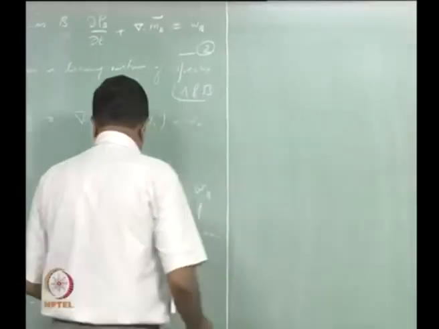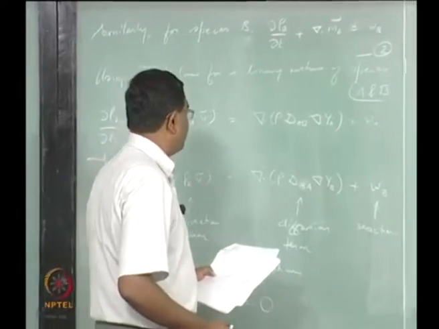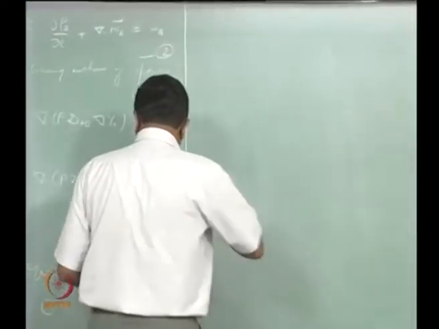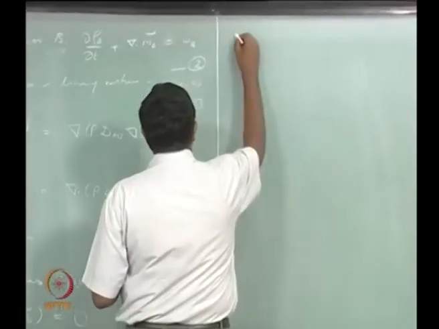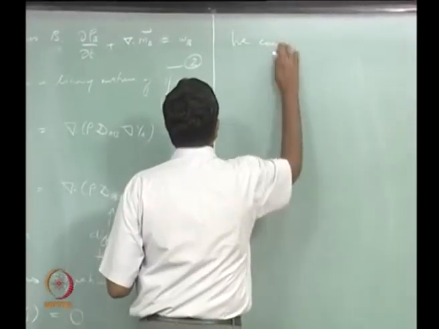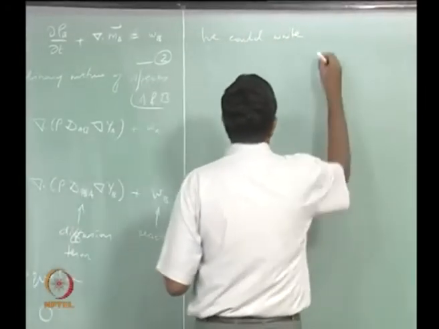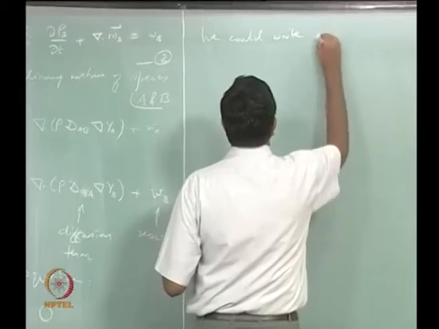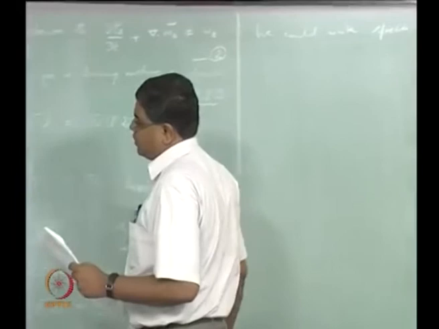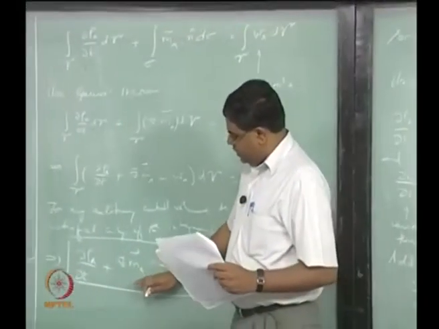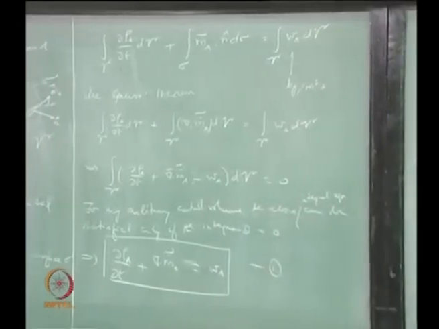Okay. Now for fun, let's also do one more thing. We could write a species conservation equation. That's the stuff that we have done here. We'll simply call this a species conservation equation. Okay, so we could write a species conservation equation